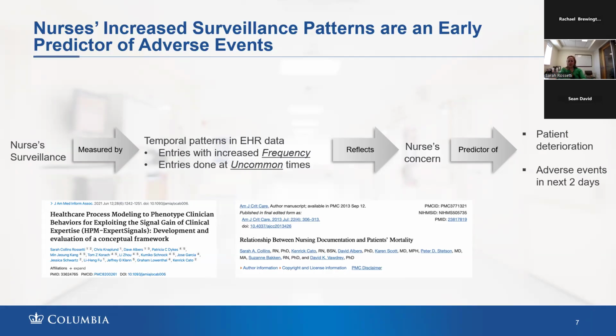Just to really reiterate, looking at these data from the beginning was based on clinical hunches of me working clinically in the ICU and seeing, as I was a new nurse, how more senior experienced nurses were documenting, and that when they were worried about a patient, there was certainly a higher volume of data captured versus not. And when I started, there were paper-based flow sheets actually. And so you could really see it visually right in front of you, all the white space for a patient that the nurse was not concerned about versus a patient that clearly at handoff, this nurse was worried about.